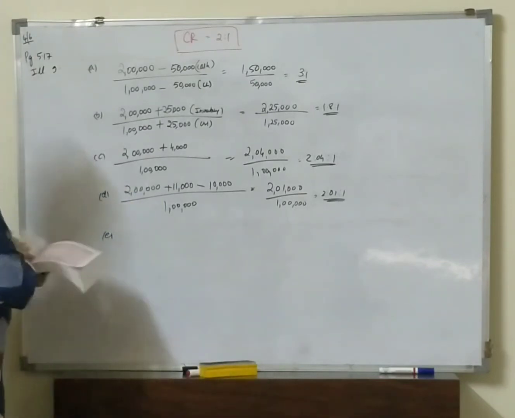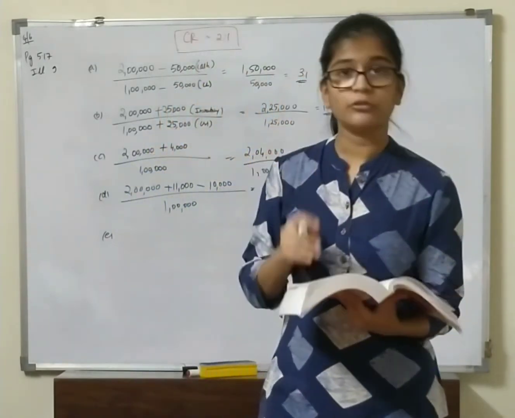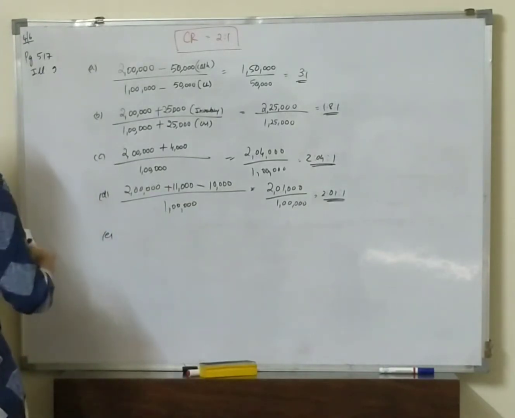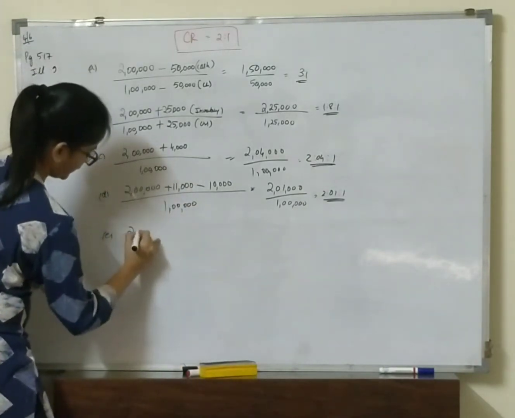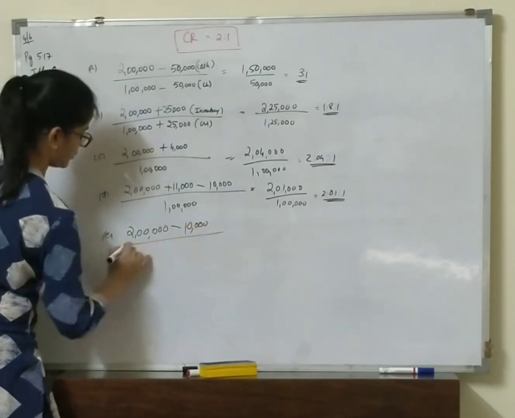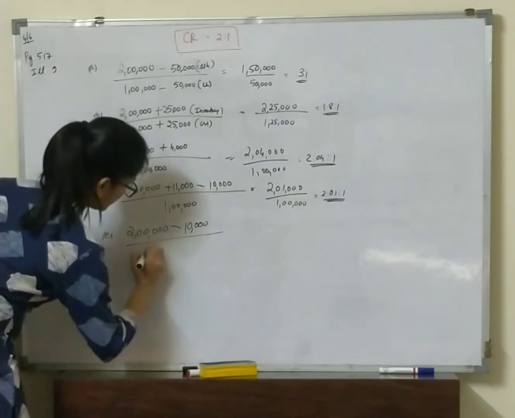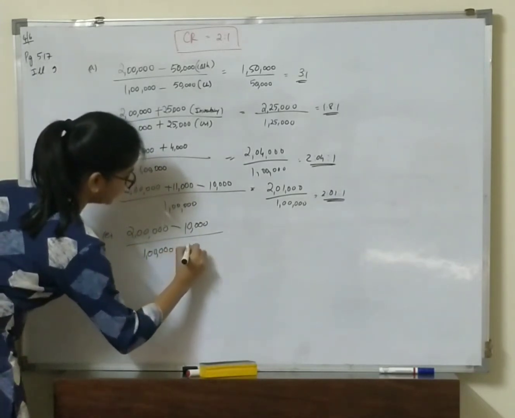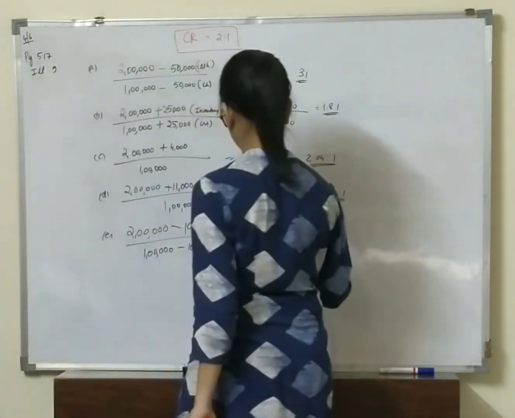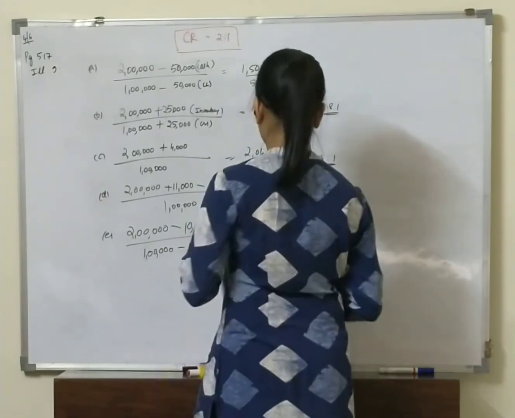Last one, E. Payment of dividend already declared. Suppose there is a dividend of rupees 10,000. When you are paying dividend, your cash is going out, so your cash reduces, and your current liability is also reducing because you have paid the dividend worth 10,000, which has been declared. So it is 1,90,000 divided by 90,000, which is